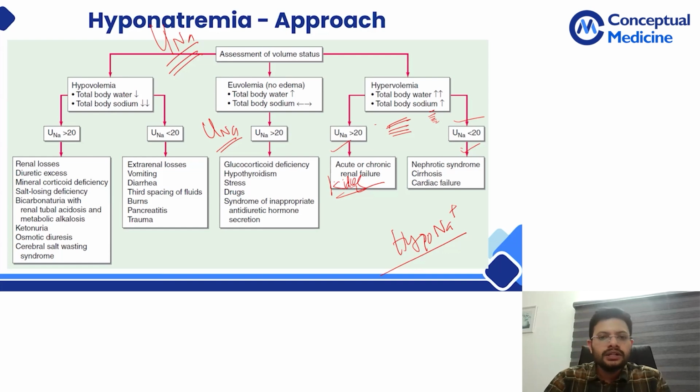Now, coming to the first thing, hypovolemic hyponatremia. The patient is dehydrated, has less water, less sodium. You again want to see,